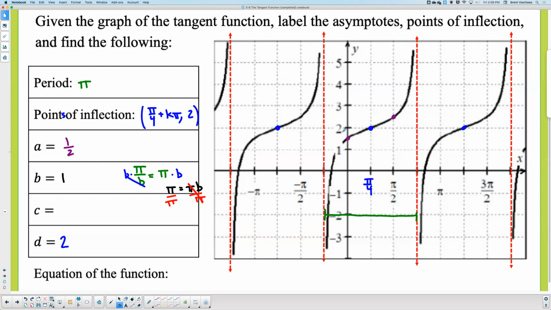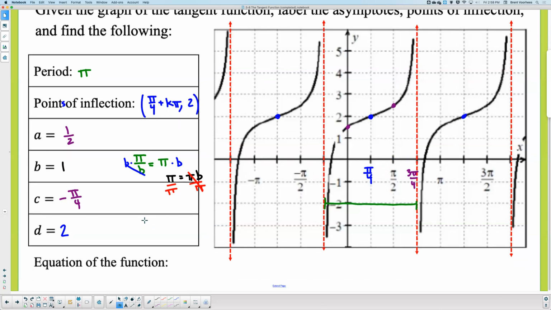C is how far it is shifted left to right. Now, my asymptote was supposed to be pi over 2. Instead, I got shifted right to 3 pi over 4. Notice I got shifted 1 block, which we said was pi over 4. Mine must have a negative pi over 4 because I went right pi over 4. So remember, everything's opposite. So now put it on the inside. So my equation must be